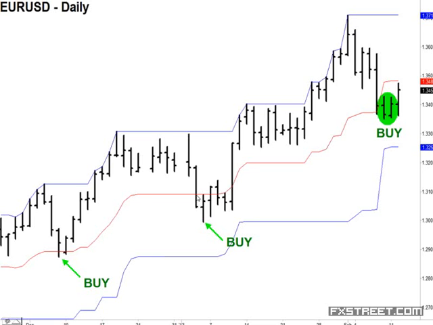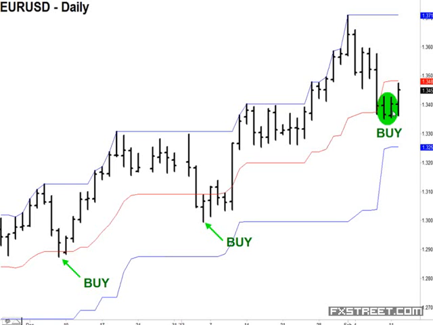Now this one was a little harder to take because the minute you would have purchased, you would have had to sit through a week of really nothing happening until price decided to go back up. We had a really nice rally coming into this week. As you can see here, all of our members were alerted to buy signals in the euro just a week or so ago, the last few days, because what happened? We had a nice conservative entry right here. We had 2 bars completely below.